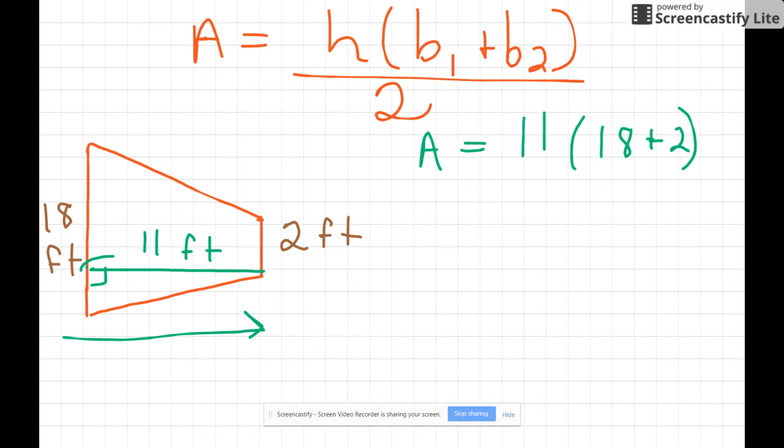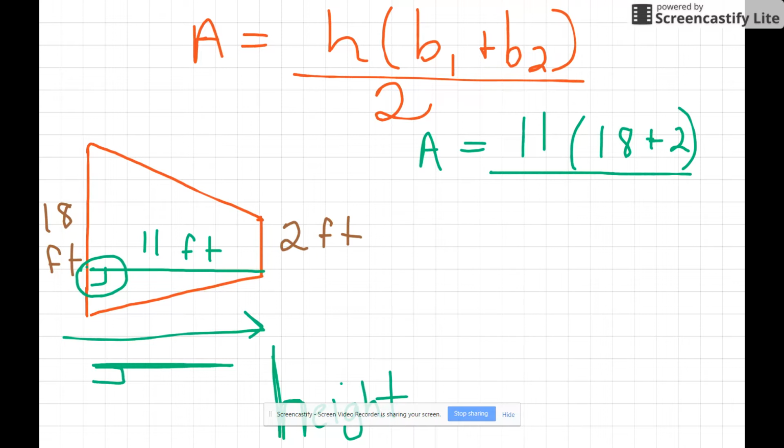Remember, the height is marked by that perpendicular symbol. And if you look at that perpendicular symbol at the end of the height, it kind of looks like, if you turn it around, the letter H, and that represents the height. So now all we have to do is go back to our formula, and the sum of the bases times the height